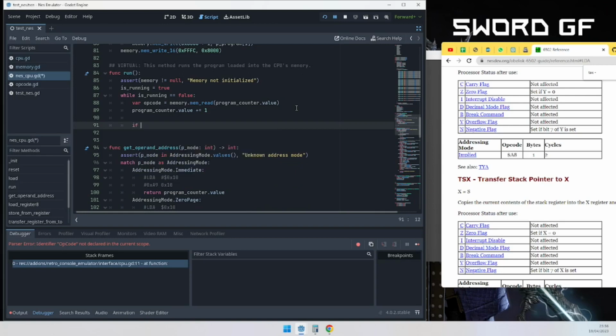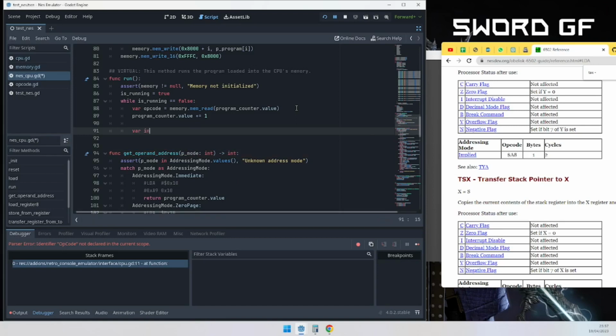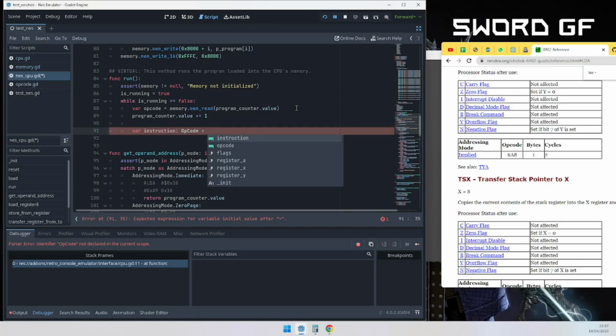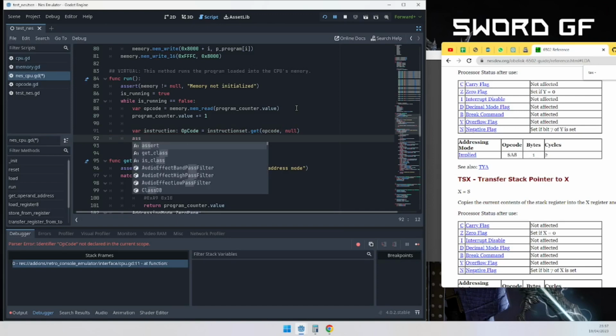So, sorry, let's better do: instruction, which is an opcode, equals instruction set dot get opcode, and the default will be null, and I want to assert unknown instruction with code